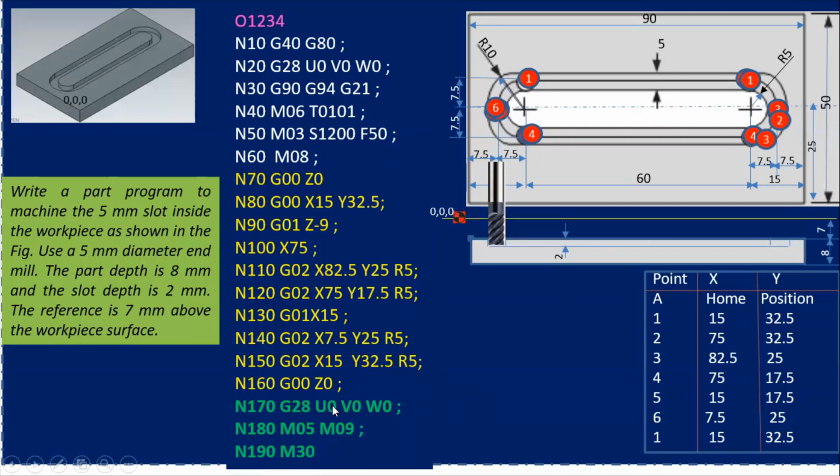Then G28 U0 V0 W0. It means that the tool will move to its reference positions. Okay. Now M05, you know that you have to stop the spindle. M09, coolant off. Right? And the last one will be the M30. You know that when you're talking about the M30, it means that program end and tape rewind. इसका मतलब क्या होता है? Again the cursor will move to the first block. Means your machine is ready for the next job without wasting a time.